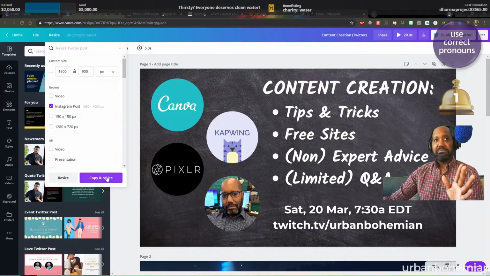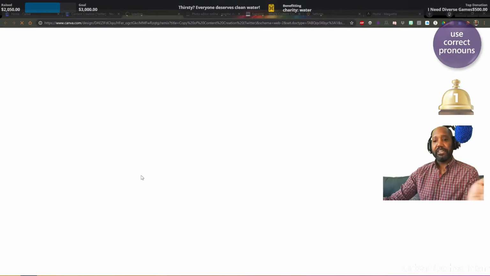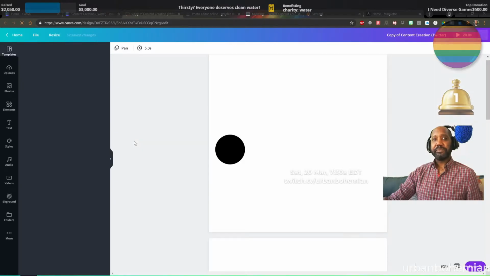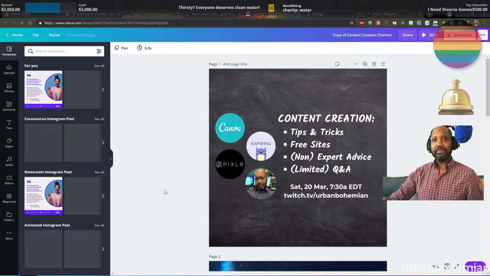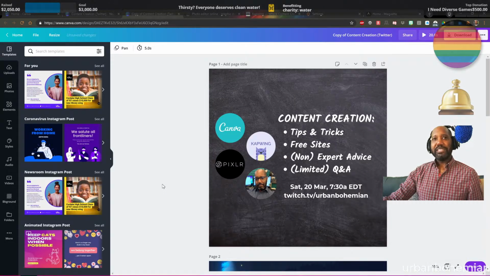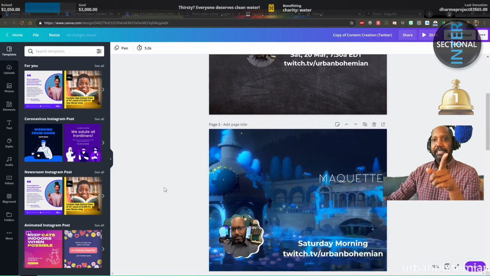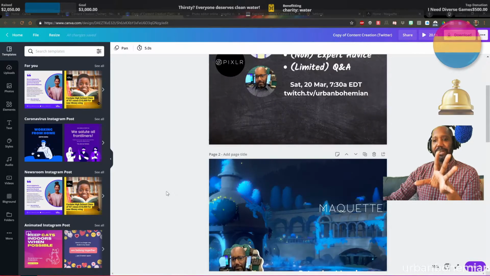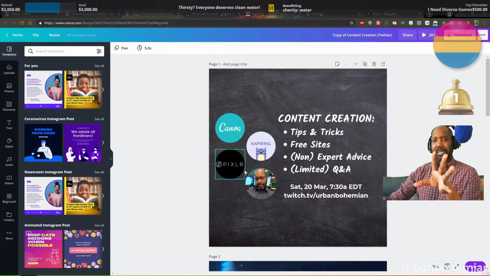And then what it's going to do is copy it and resize it. It's going to open it in a new window. Oh, that's bright. And what it did was it kept the background, it kept my elements, it kept my assets, it kept my text, it kept everything I did. It just resized it to square. So what I can do now is,